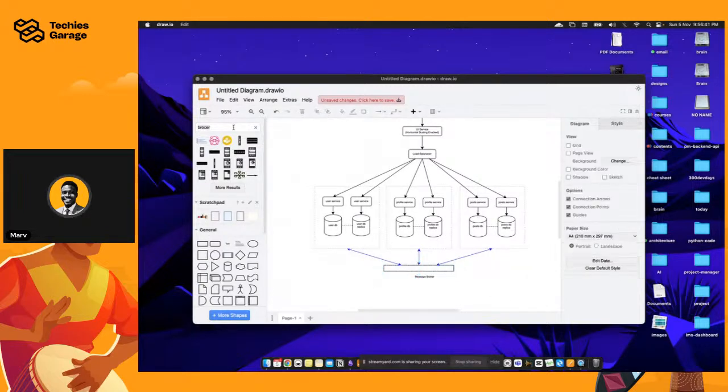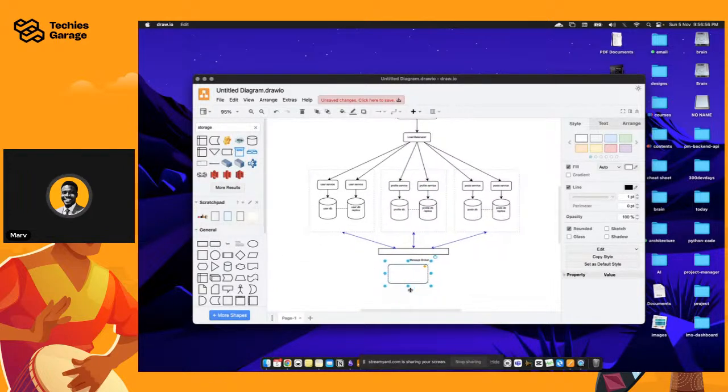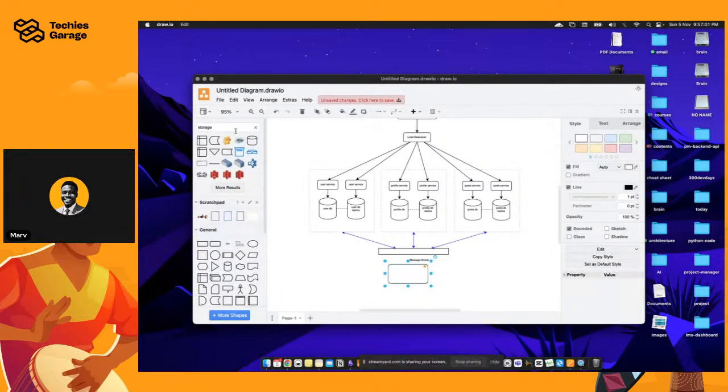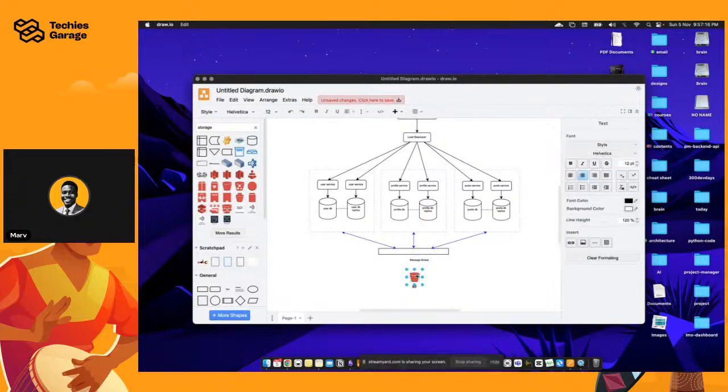All right, so for storage, what am I going to use here? Let's just use one of these icons for storage. I think I can just go with the regular one, let's go with this. Okay, let's use a bucket. So for storage, I'm going to use a bucket to show that storage. I can be using S3, or let's just call this storage.